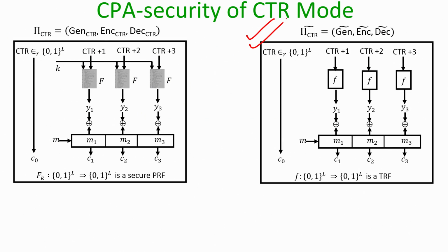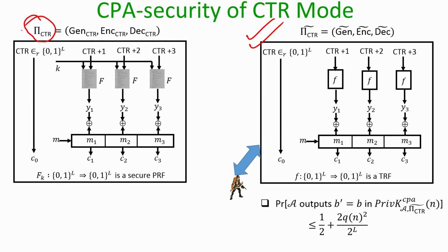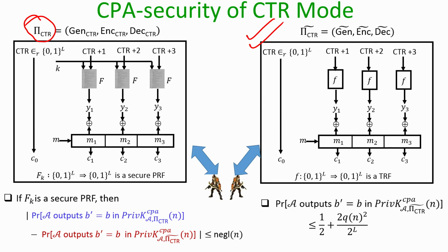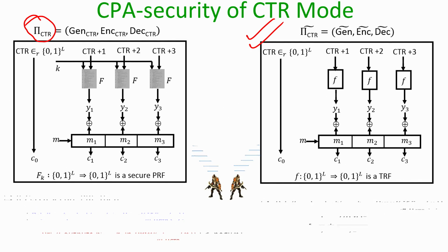So, this part is done, we have analyzed this, but our actual goal is to show that the pseudo random function based counter mode of operation is CPA secure. So, what we are going to do now is prove that if my underlying keyed function f k is a secure PRF, then the absolute difference in the winning probability of the adversary against the PRF function based counter mode of operation and the truly random function based counter mode of operation can be upper bounded by a negligible quantity. That is what our next goal is.